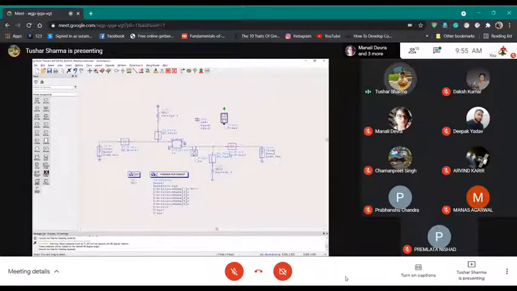Current does not flow to the load at the drain. Just rotate it and place it here like this. You can rename it as IDS. Okay. And then once you are done, hit the simulate button.